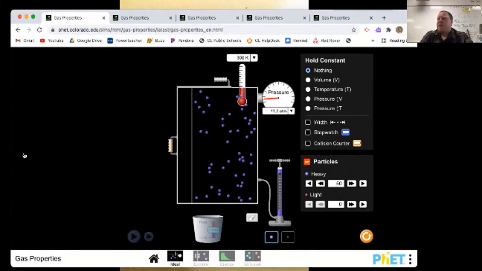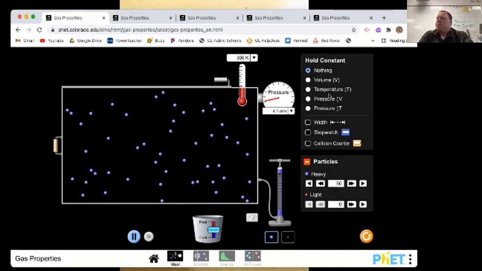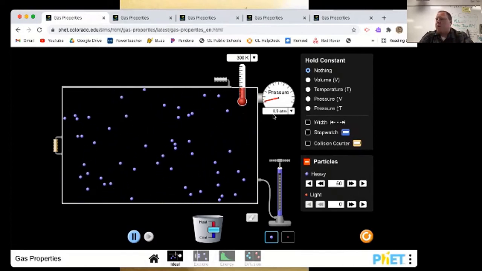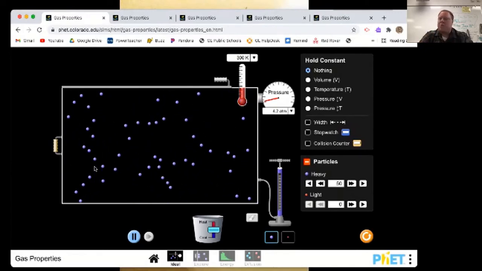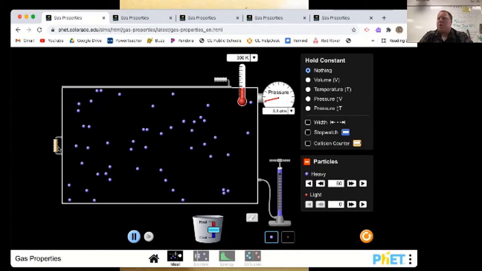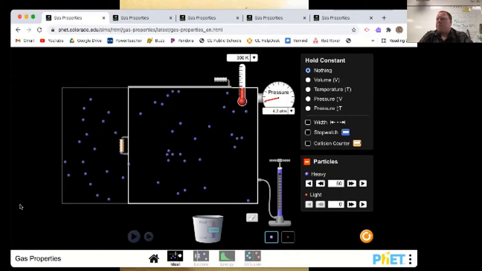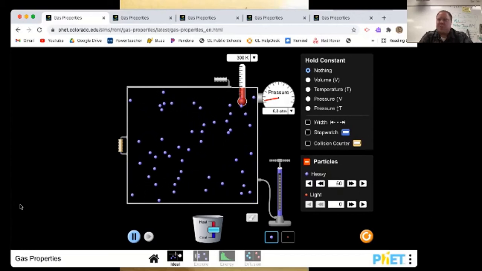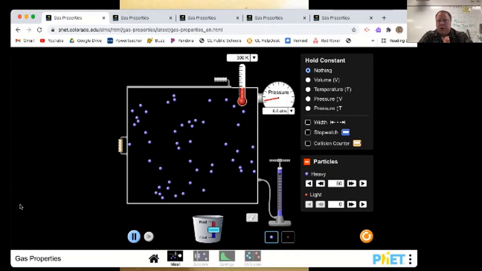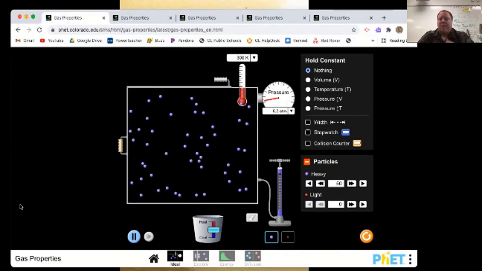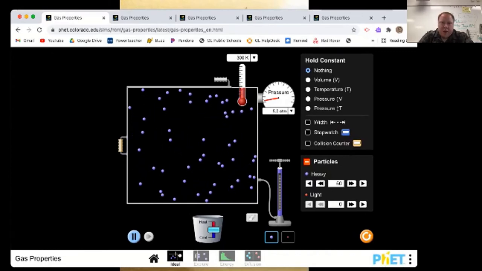If I were to do the opposite and expand it, now they're all spread out. And so the pressure drops. We're down to like 4 atmospheres. Because they're just not hitting the walls nearly as often because there's more wall to hit. It's all spread out. Okay, so we kind of go back to somewhat normal here. So that's one way that I can change the pressure: I can change the size, compress it or expand it. Then they're going to hit the walls either more or less depending on the size of the container.